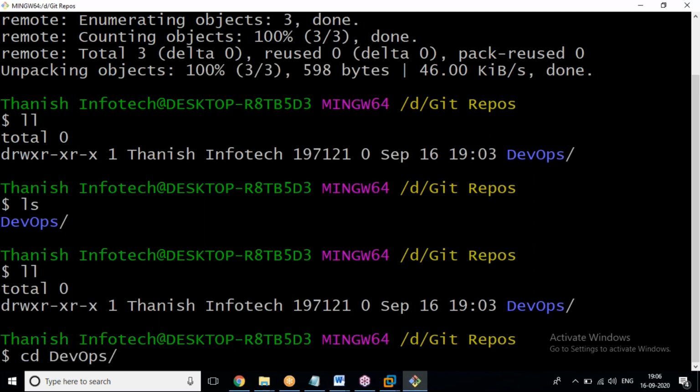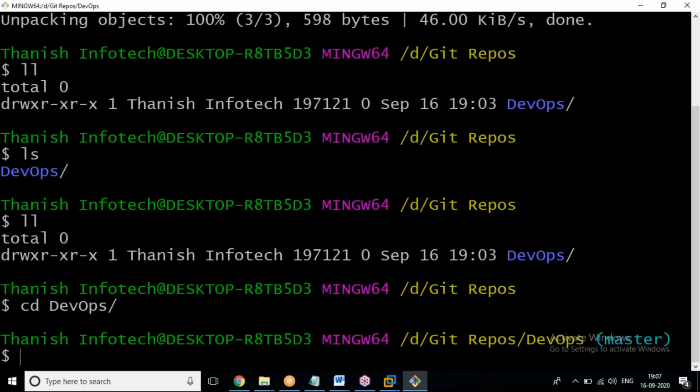Now, after cloning, we are entering into the directory. Guys, keep in mind, you need to learn the terminology of words related to all software.